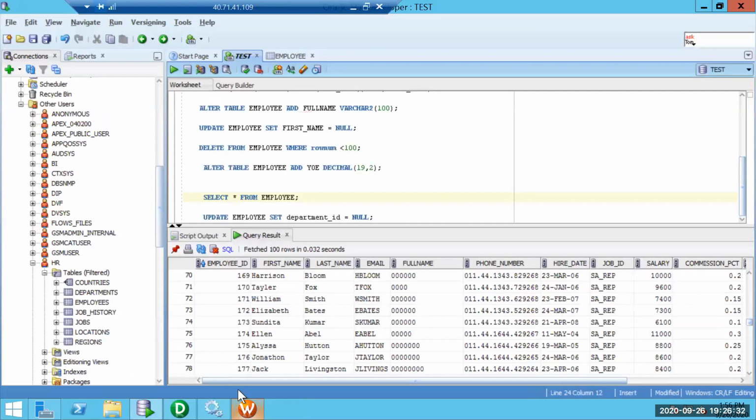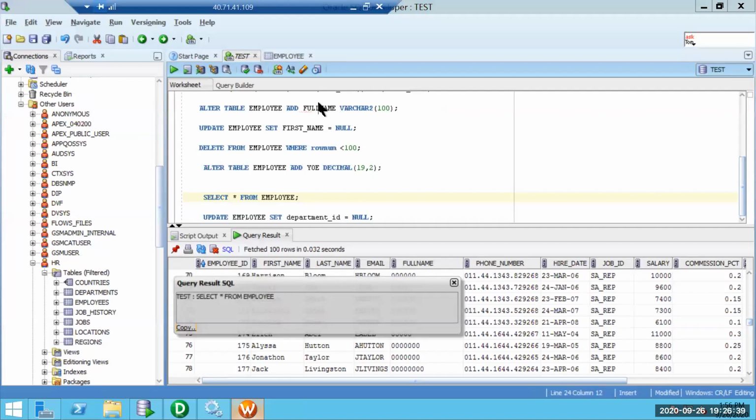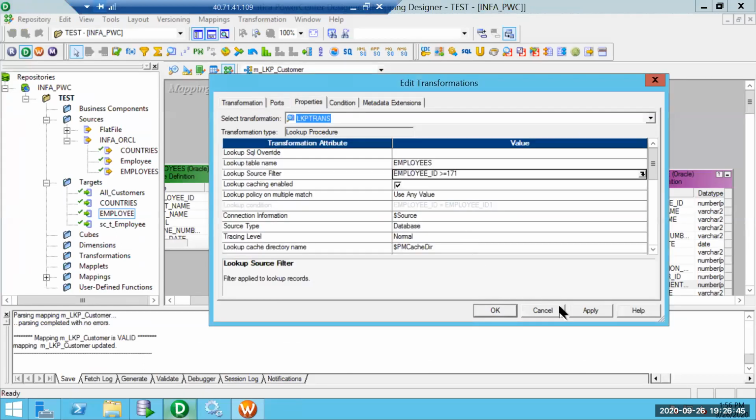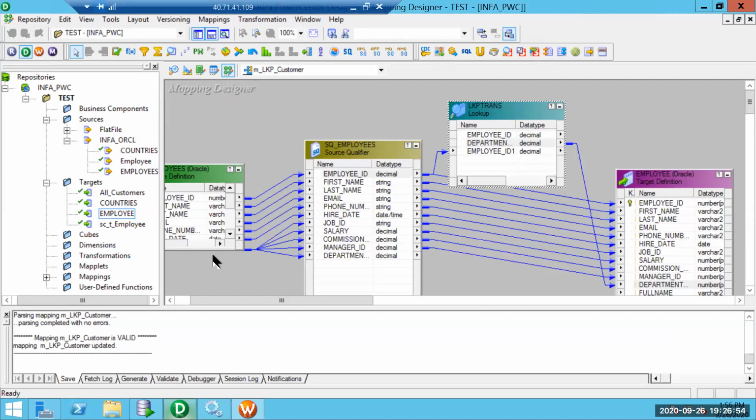Just a minute. So yeah, there we go. We are filtering out all the employee IDs which are less than 171. The intention is that the cache should not be built for employee IDs less than 171.